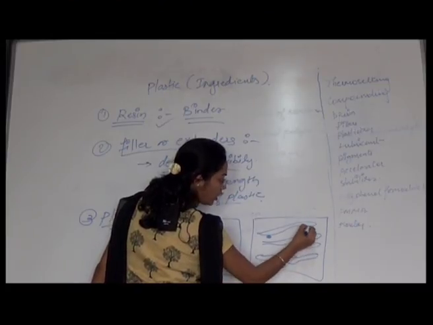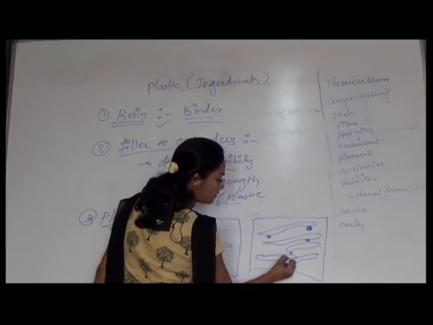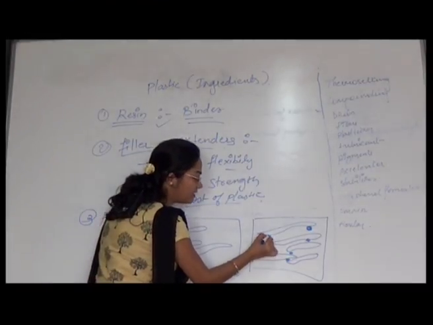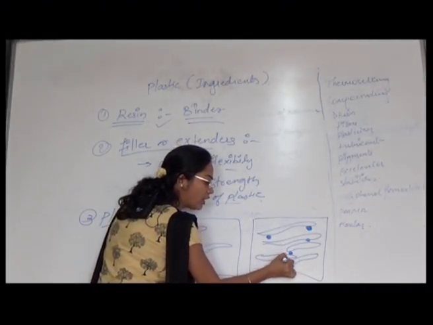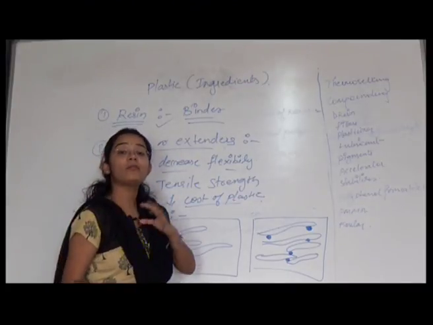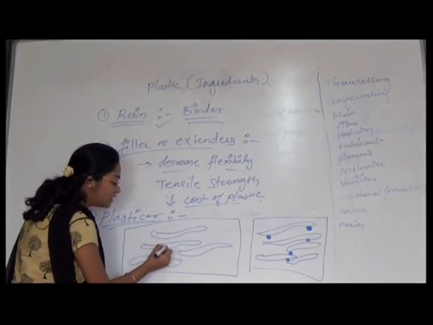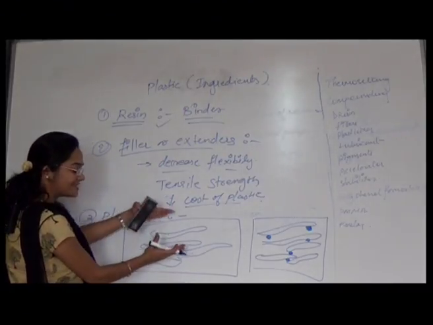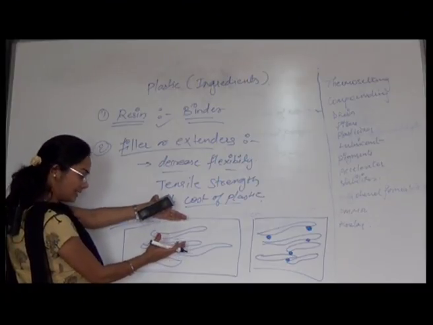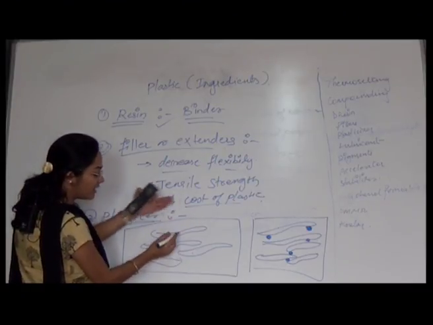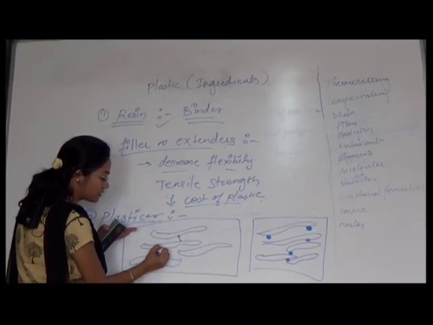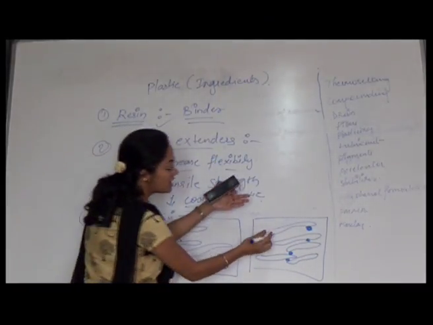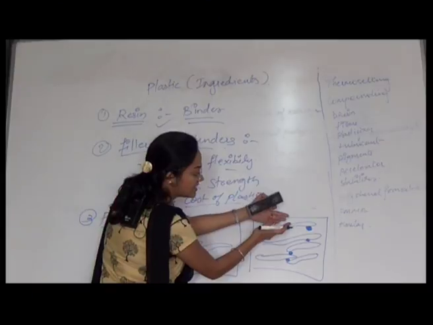You can see these dots. What these dots are meant over here: these two strands of a plastic have these plasticizer molecules. Now what happens, there are intermolecular forces of attraction between all these strands. Because of this, it is not flexible, because there are interactive forces between them. So by addition of this plasticizer, these forces are removed, because these molecules of plasticizers are keeping